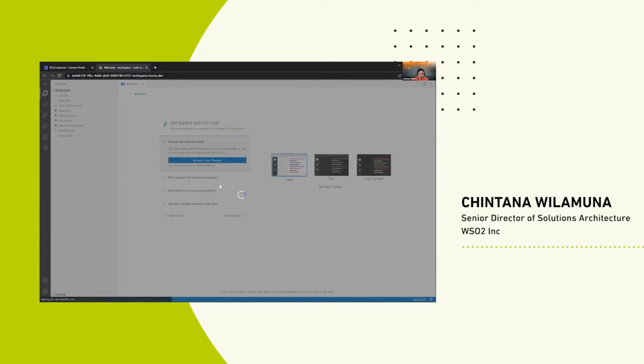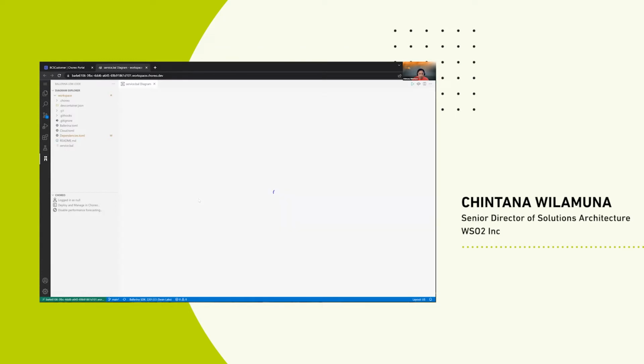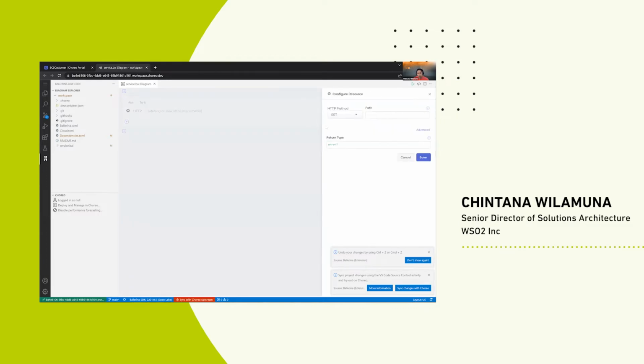So it loads up the VS Code IDE and opens up the project workspace, and then it will show the diagrammatic view. So this is where we design our code. It generates this REST resource called greetings, and you'll see at this point we are working with the REST API. So all the things that you see are REST resources. So what I'm going to do here is remove this generated REST resource, and then we're going to add our own resource called, let's say,